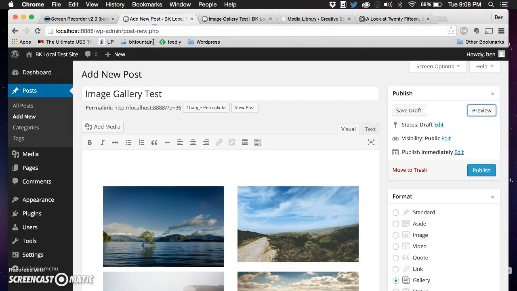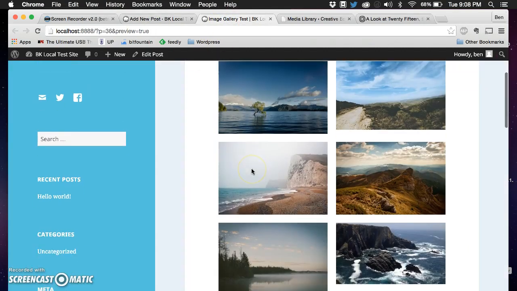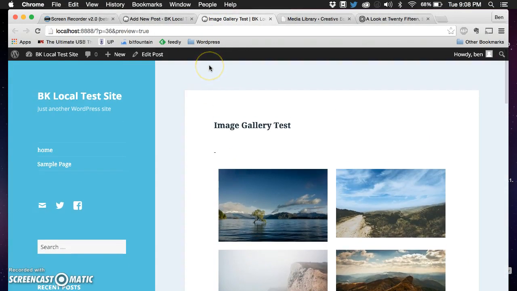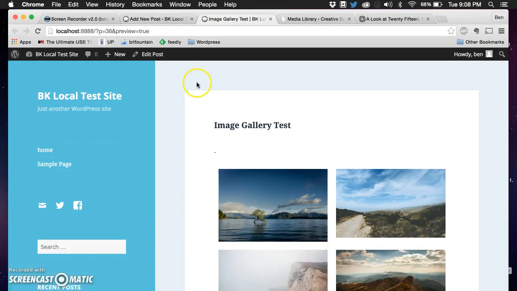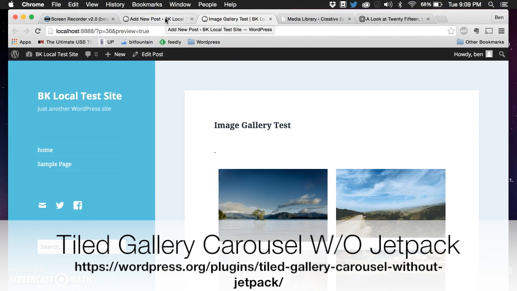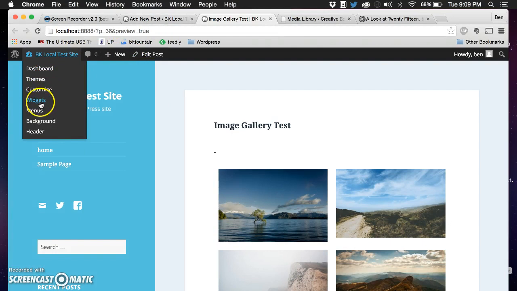So to turn my image gallery from this into something that's a lot prettier, I'm just going to have to install a couple of plugins. The two that you need are called Carousel without Jetpack and Tiled Gallery without Jetpack. We can find those on WordPress.org, download the zip files, decompress them, and upload them to your server via FTP, or you can just come into your dashboard,